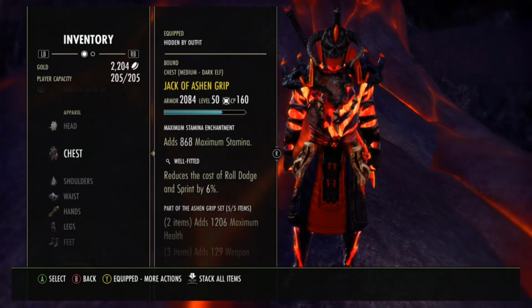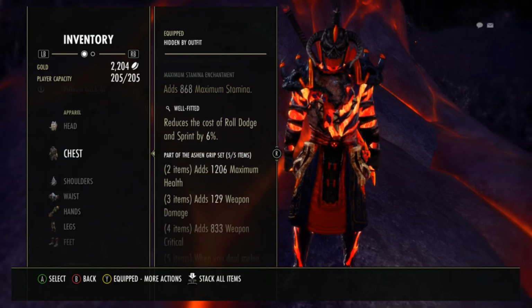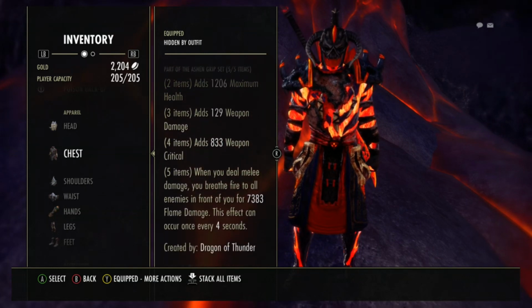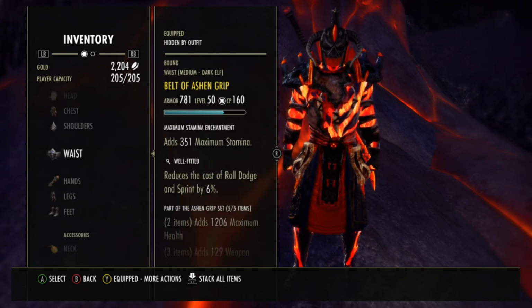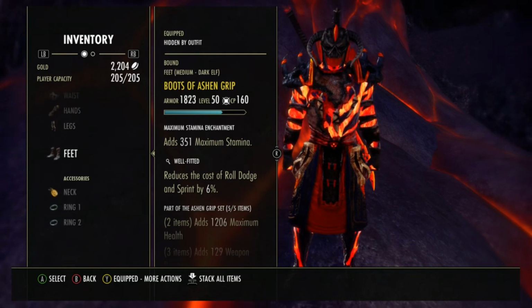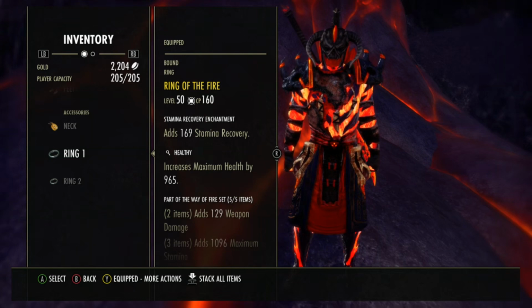The next 5-piece set, Ashen Grip. It's a craftable set. We've got all wellfitted on Ashen Grip. Max health, weapon damage, weapon crit. When you deal melee damage, you breathe fire to all enemies in front of you for 7383 flame damage every 4 seconds in a cone outward. So both Way of the Fire and Ashen Grip will proc with weapon abilities, light attacks, heavy attacks, Stampede, anything,